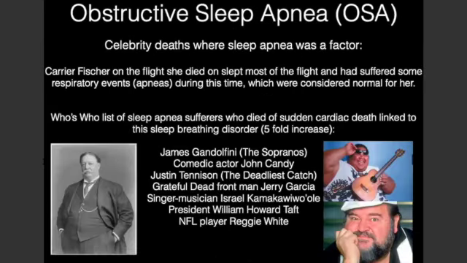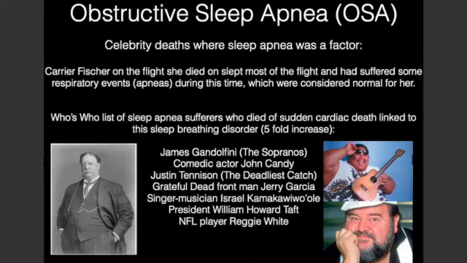So, just to try to draw some attention to sleep apnea, a lot of celebrity deaths were related to sleep apnea. So basically, if you have sleep apnea, you're fivefold more likely to die in your sleep than if you didn't. And some of these recent celebrity deaths, like, well, not all recent, as in President Taft there, but Gandolfini,